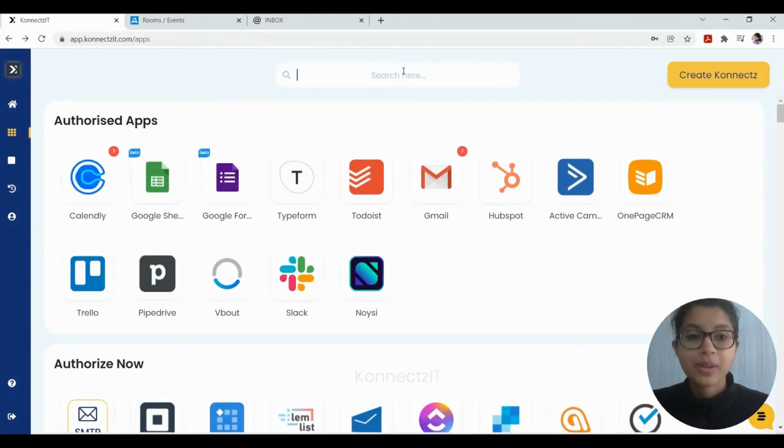Today, we are going to look at the integration of two applications, namely Live Webinar and Inbox. The best part about the video is we are going to do everything from scratch, from authorization till automating. So enjoy learning. Since both the applications are integrated with KonnectzIT, we will directly proceed towards the authorization